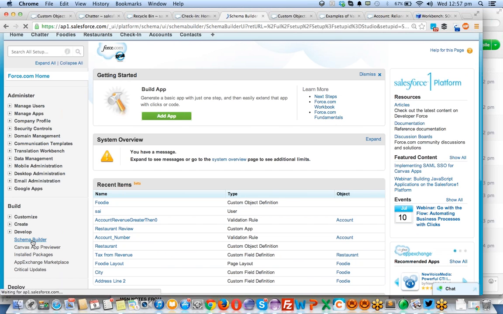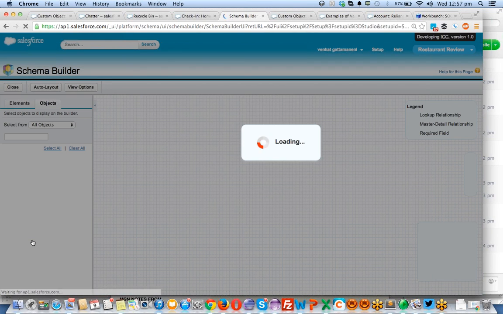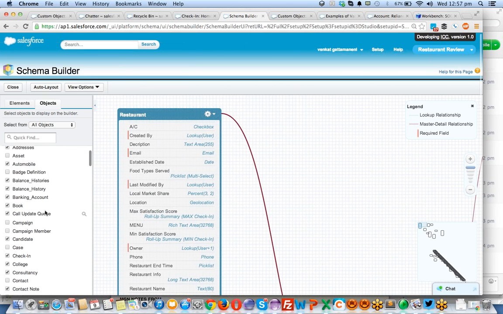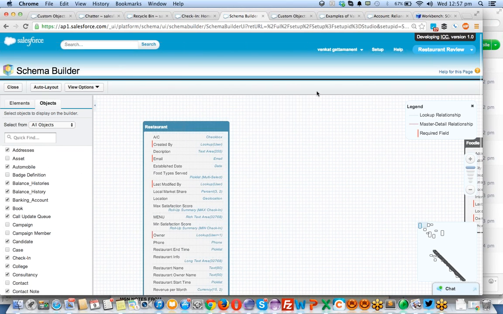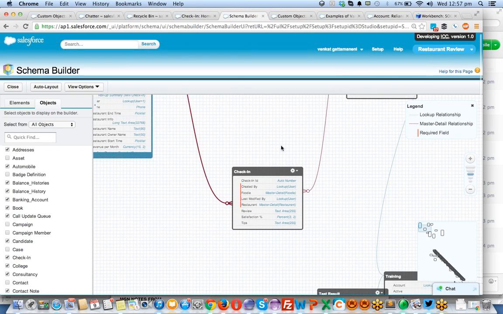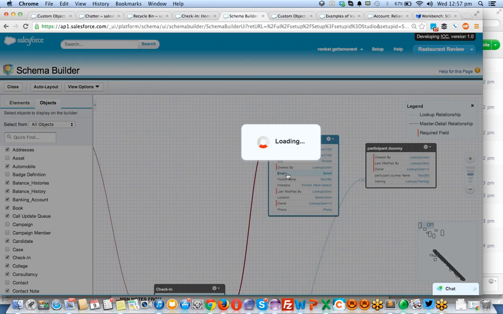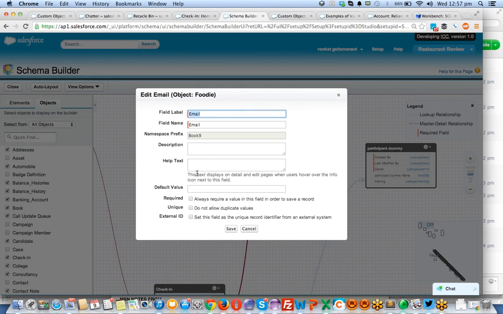Don't be confused. The first level I am saying is the top level and important level. If you are making a field required here, for suppose, go to foodie object. So here is the foodie object. Now I am making the email field a required field. By clicking on this, I am opening the properties of email. Here is the required option. In the same way, you can see this option when you are creating a field from the create object, new. If you click on the new button, you are going to create a new field, right? There also you can see this option.